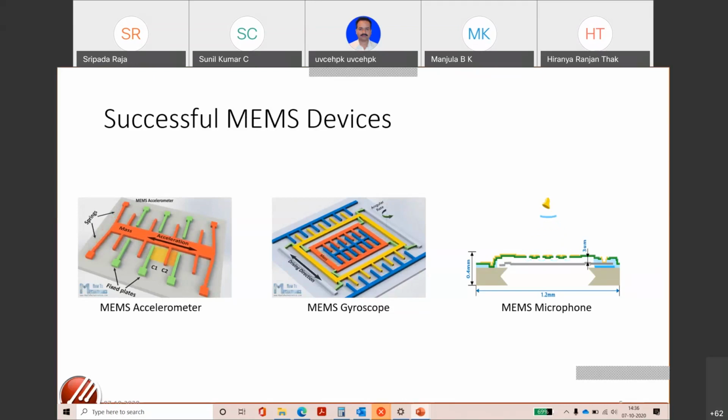The orange entity keeps moving when there is a vibration, and the device vibration is tuned to a specific frequency value. When it observes that frequency, it vibrates. So there is a small potential between the two electrodes, and that changes the capacitance between them. The rate of change of capacitance is measured,